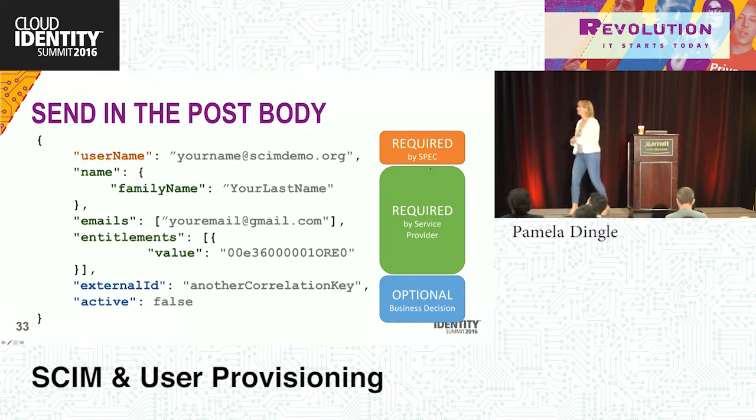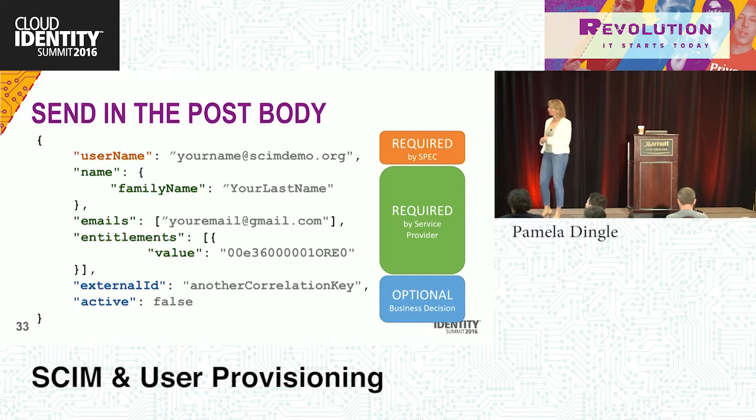So this is what we're going to post. There are essentially three types of things that you're going to send in here. You're going to send a username, which is required by the spec. So you have to use a username attribute. And then there are things that are required by the service provider. There's another endpoint called /schemas that will actually tell you which things are required and optional by your service provider, same thing as /ServiceProviderConfig. And then there's the other stuff that you want to put in there. If you Google for RFC 7643 for the SCIM schema, you can see all of the attributes that are possible and the JSON definitions for those attributes.